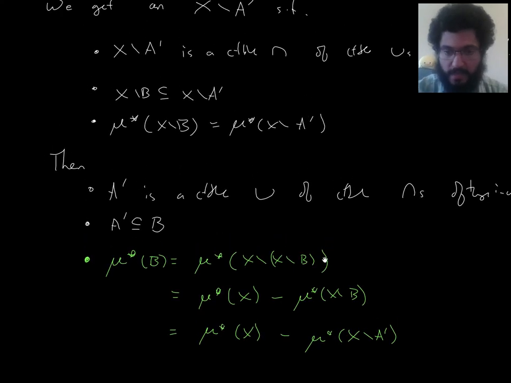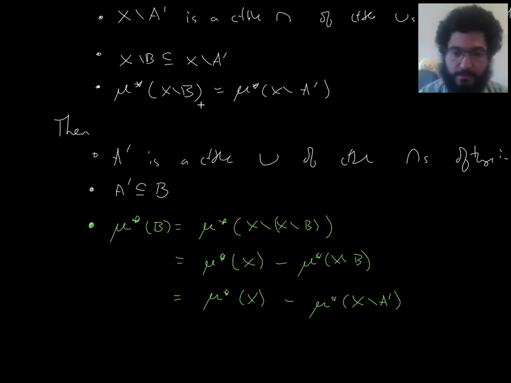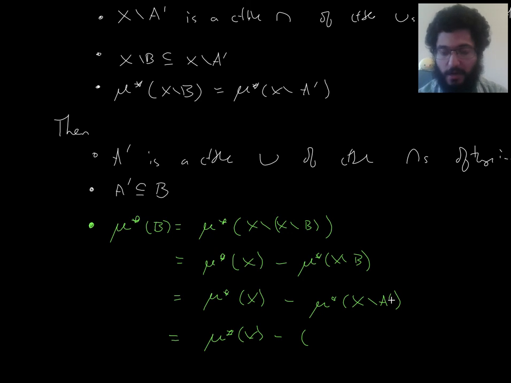Oh, right, and in this step I'm also using the fact that B is mu measurable, right? Because I actually don't know that mu star is additive in general. I know that it's additive on mu measurable sets. So B is mu measurable, therefore also the complement of B is. X is always mu measurable. And now here I'm going to use the fact that A prime is mu measurable, and again, the additivity of outer measure on mu measurable sets. So here I get